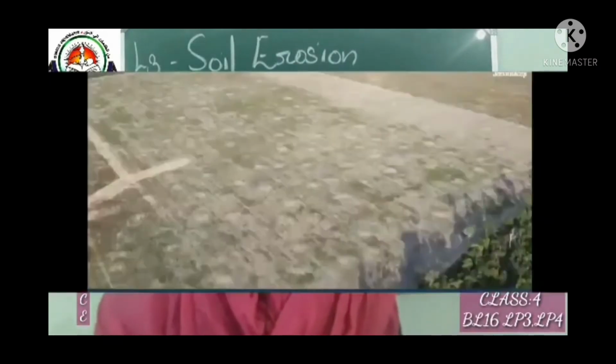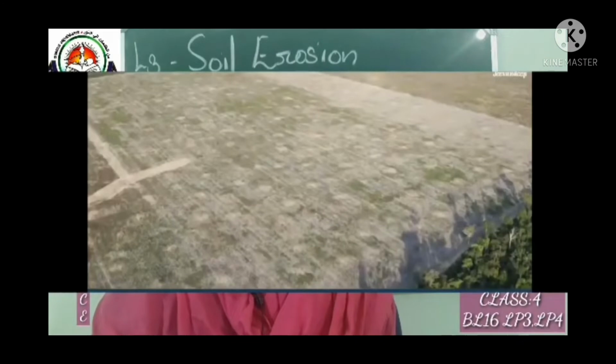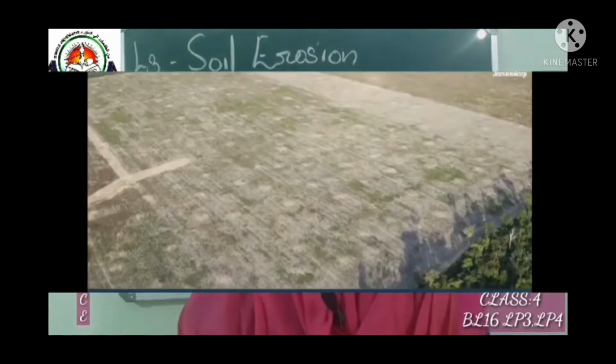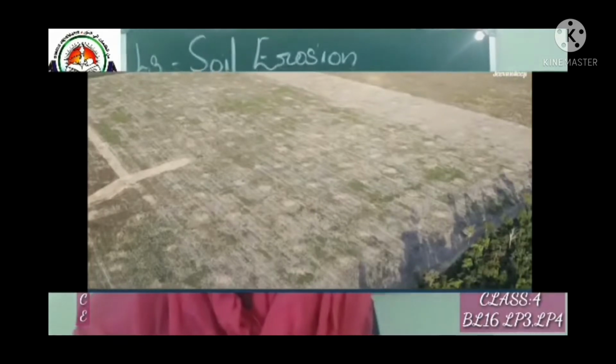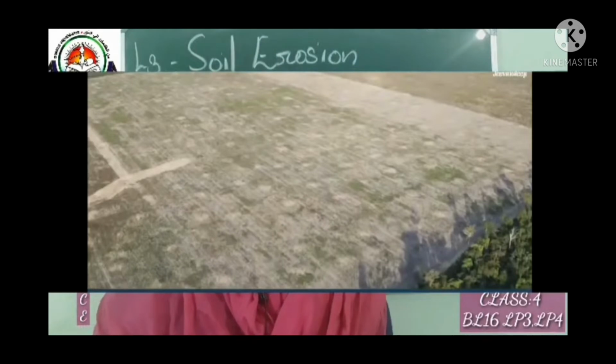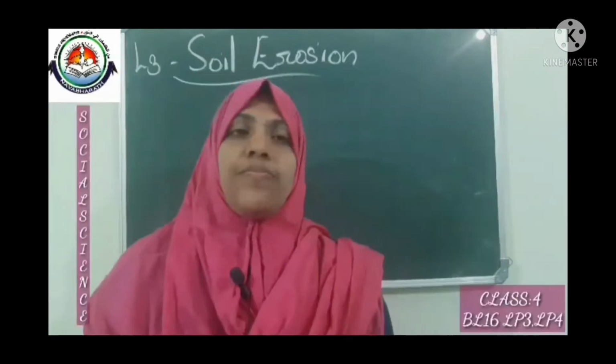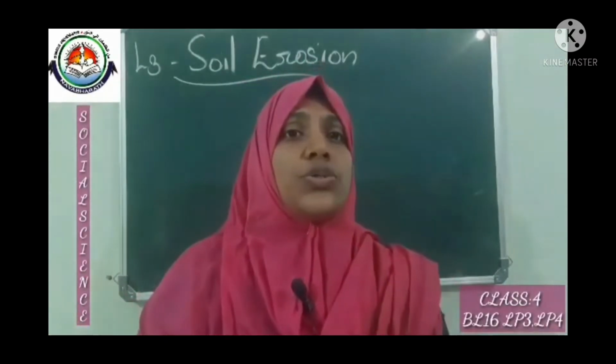Very good. In the first picture, there are no plants, trees, or vegetation, and the soil is getting washed away by rainwater. What about the second picture? There are many plants and trees covering the soil. The soil is not getting washed away by the river and the land surface. This is because the first place has no plant cover to protect the soil. When the soil is lost, plants are not able to grow.